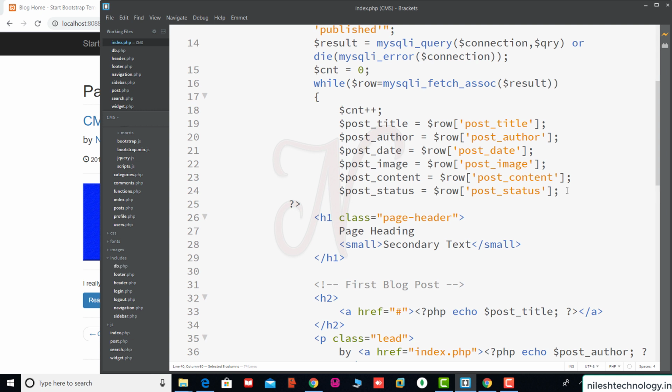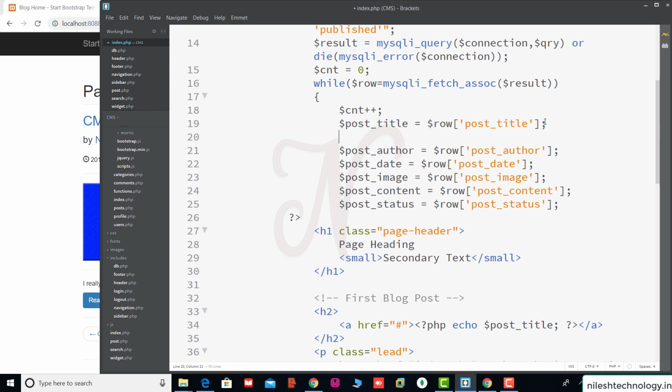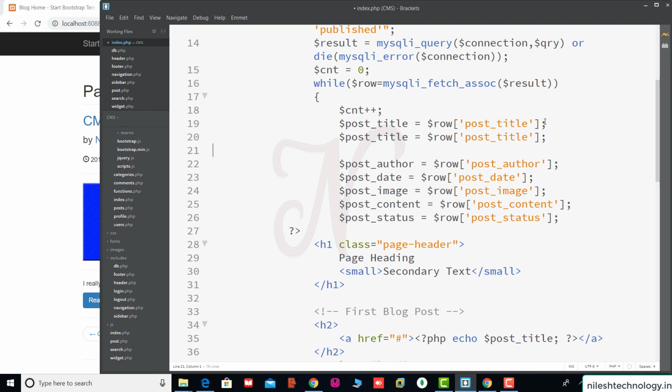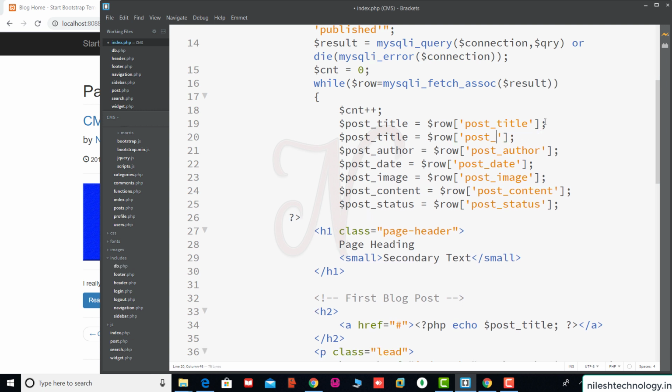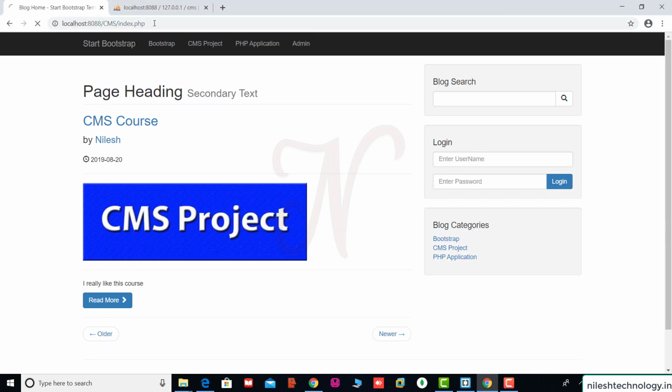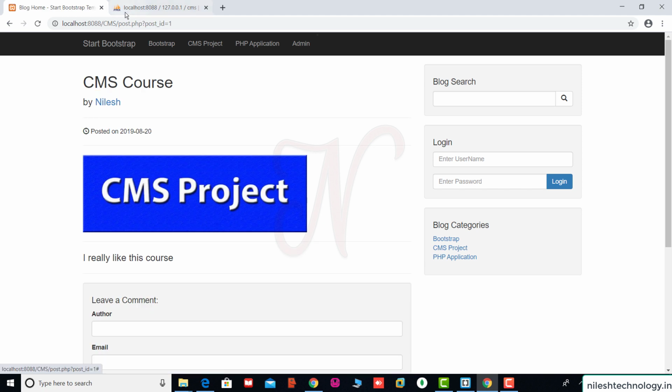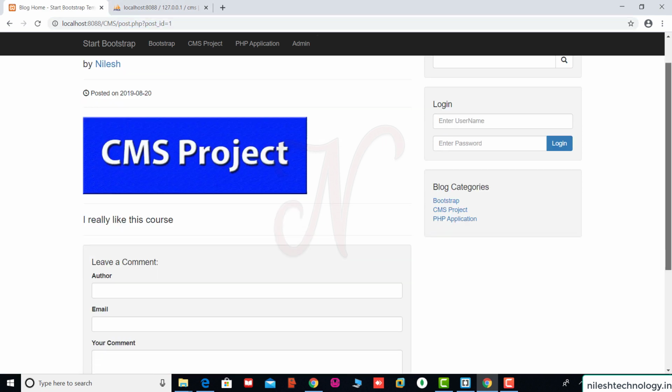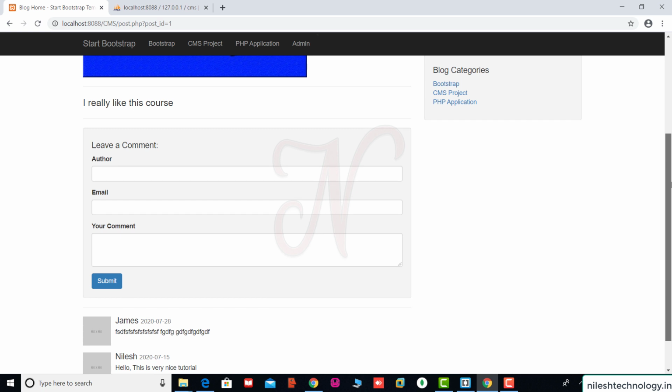So first we add one more variable here and get the post id. Save these changes. Now we test this code, refresh this page, click on this link, then you are redirected to the specific post. Okay, see, this is the comment section.